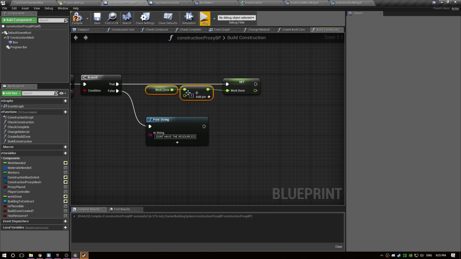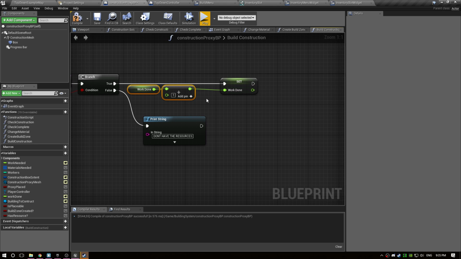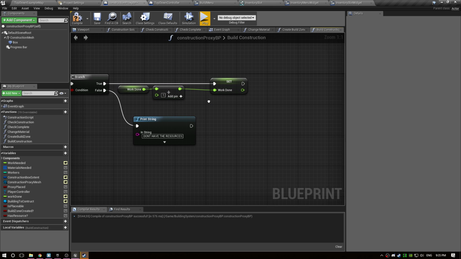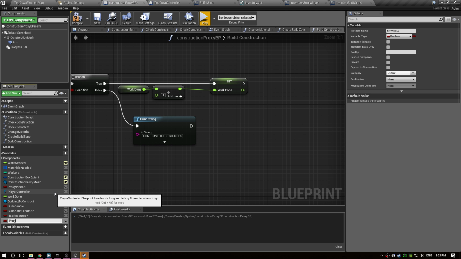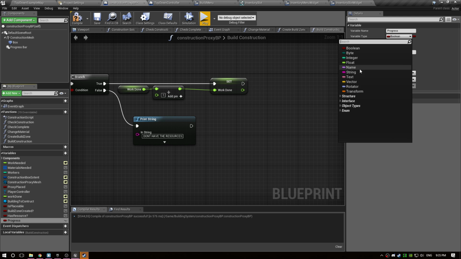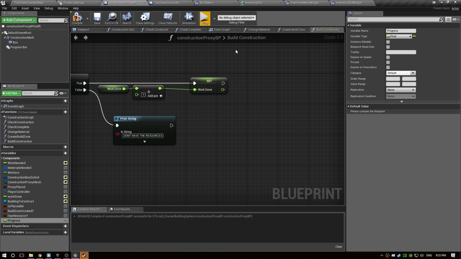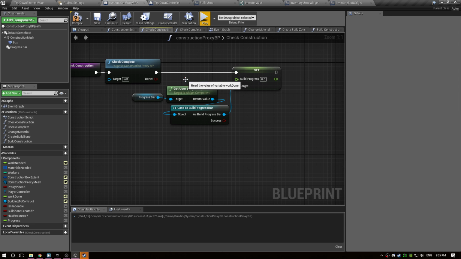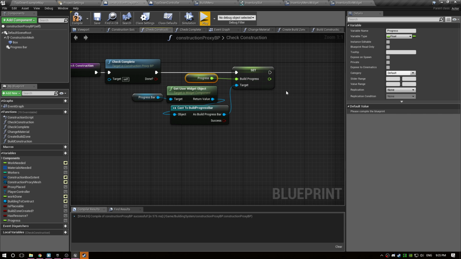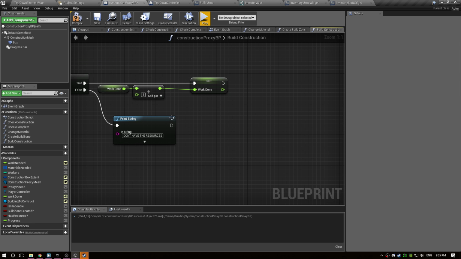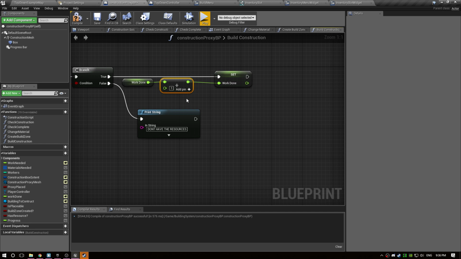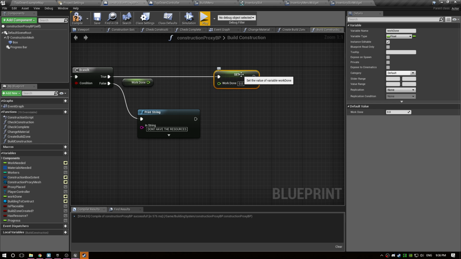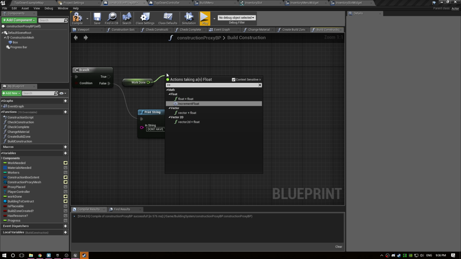Now, what we want to do is, no, we don't want to set the work. This is going to be like progress, because work done and work needed are slightly different. So here, when we check construction, we're not going to send the work, but we're just going to send our current progress. There we go. That's a bit better. So build construction. So what we do is we say work done. Well, I guess we could just do this then. Just plus plus. Increment the float